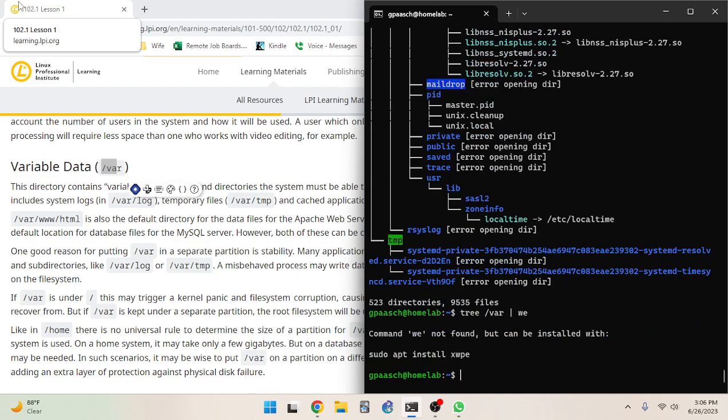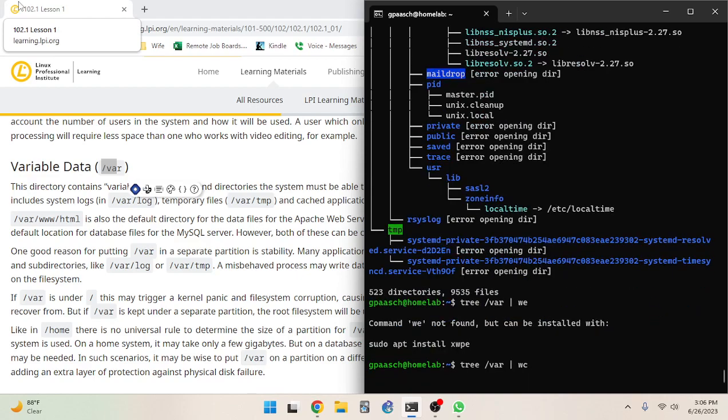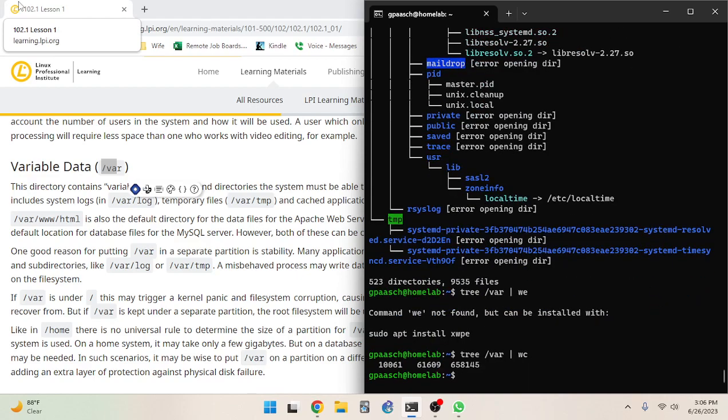So wc, /var, we've got about 10,000 lines in the output. Well, actually, no, that's accurate. We've got 10,000 different files and directories,